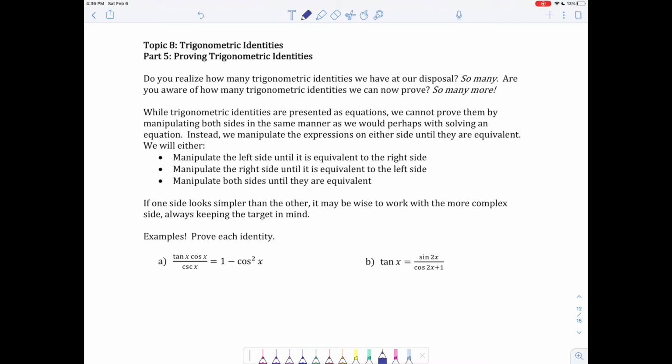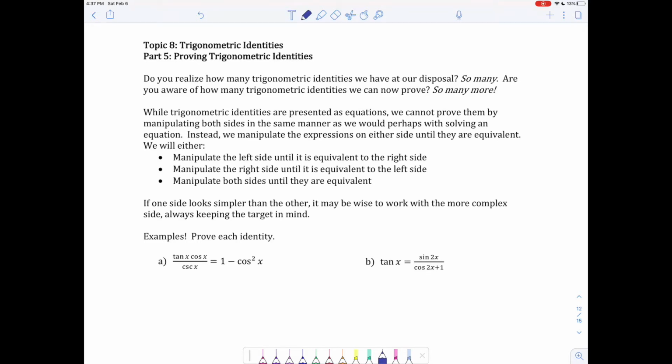Everything that we have done so far in this topic, with, I guess, the possible exception of part 4. But parts 1 to 3 will culminate today with us proving trigonometric identities. So statements will be given, statements that are apparently true, and we have to prove that the statement is, in fact, true. We have a ton of trigonometric identities at our disposal, and as a result, we can develop others